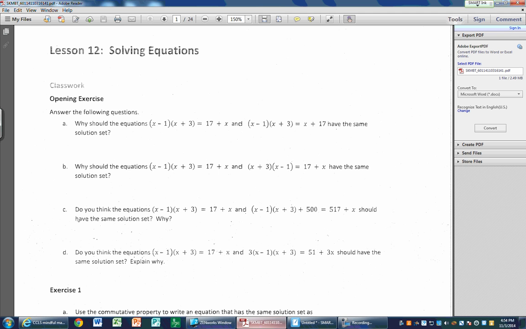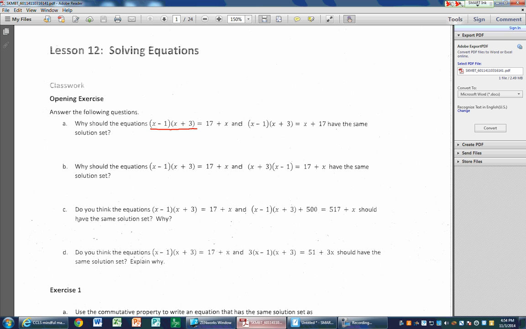We are on page 92 of my handout book. If you are using the modules, we're in Module 1, Lesson 12. Okay, so the first thing that we're going to take a look at is: answer the following question. What does it mean by answer? It means think about, contemplate, why should the equations